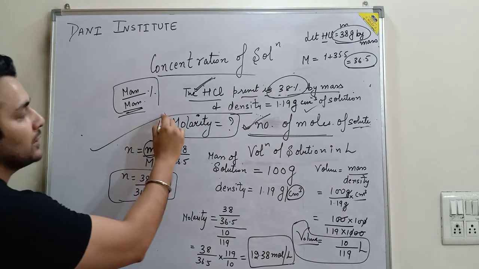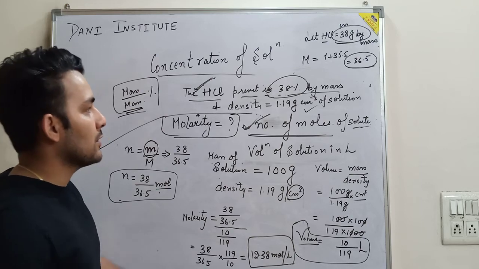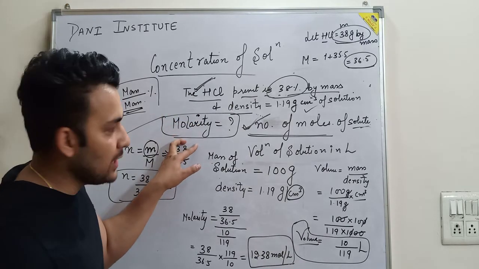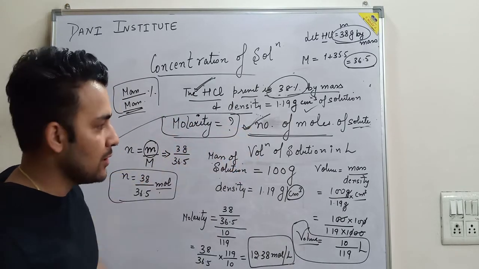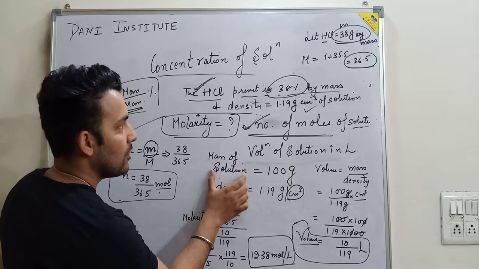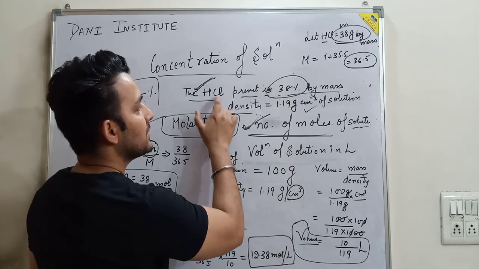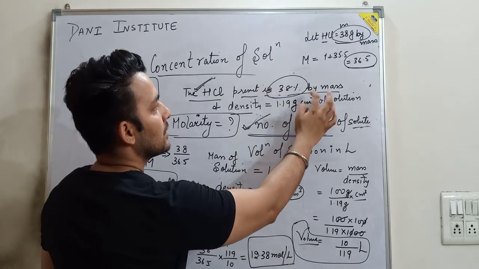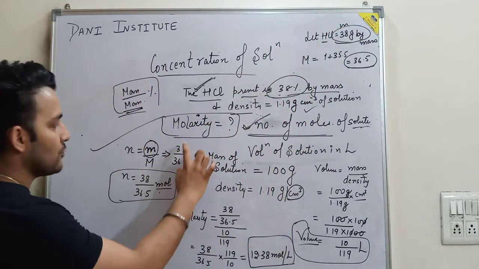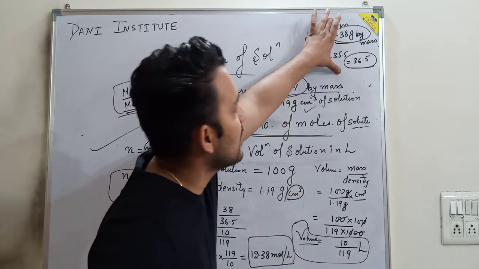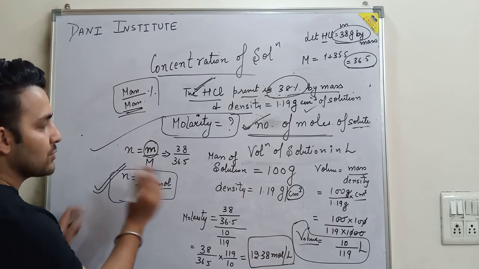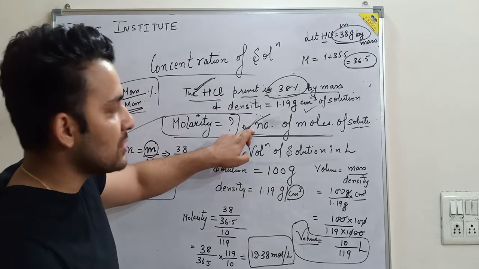So from here we have found the molarity of the given solution, in which the mass percentage is given and density is given. We have applied the formula of molarity, that is number of moles divided by volume of solution. The volume we have calculated from the mass of solution, because in the question the mass of HCl is given as 38% by mass. We have considered 38 grams. The molar mass we have calculated, and we have put the values to find the number of moles. So first we calculated the number of moles and kept it aside.